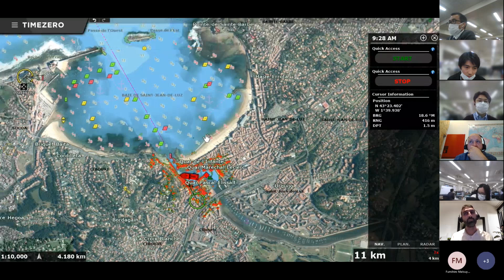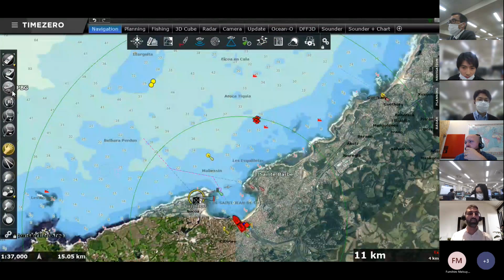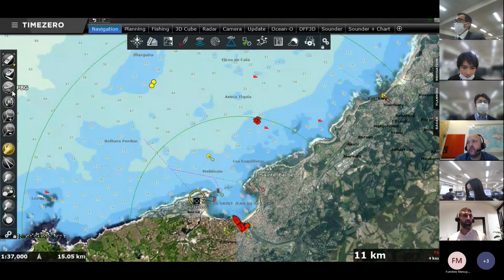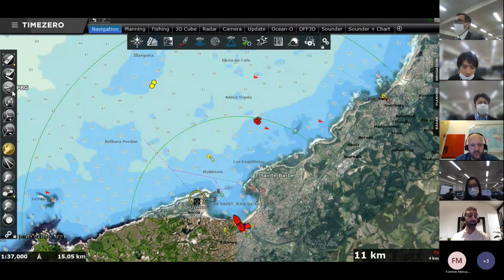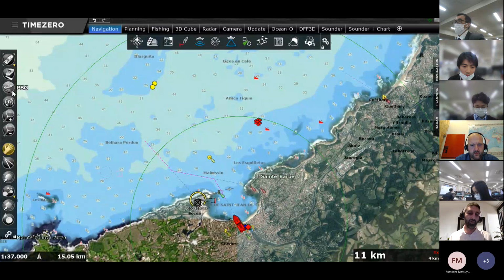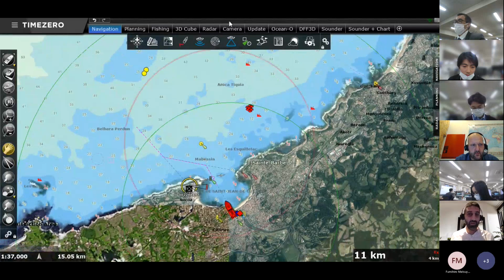Basically, the concept is you connect an echosounder to TimeZero. TimeZero receives the depth information from that echosounder. It can be either a single beam echosounder like DFF1, BBDS1, FCV 1150, or it can be a multi-beam echosounder like DFF3D or WASP. And TimeZero will automatically record the data received from the sounder and create a bathymetric database for the user. And this is very nice. I would like to show you